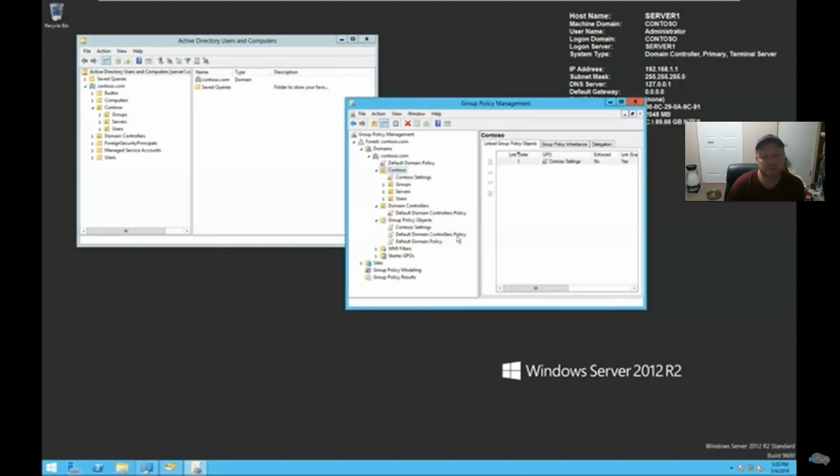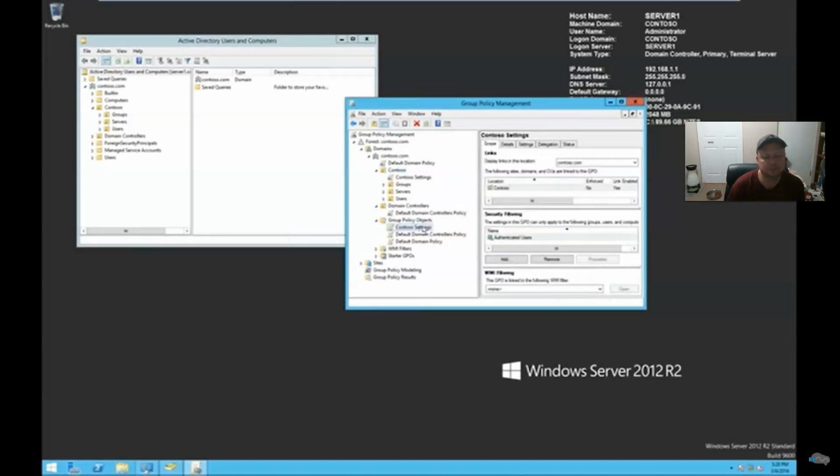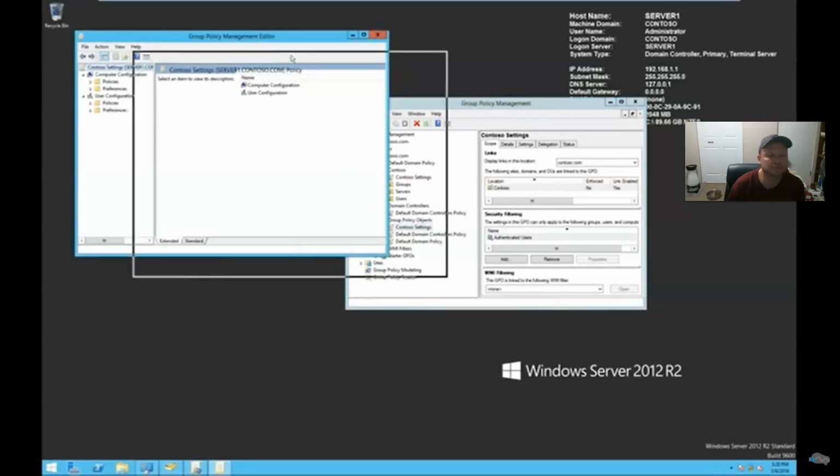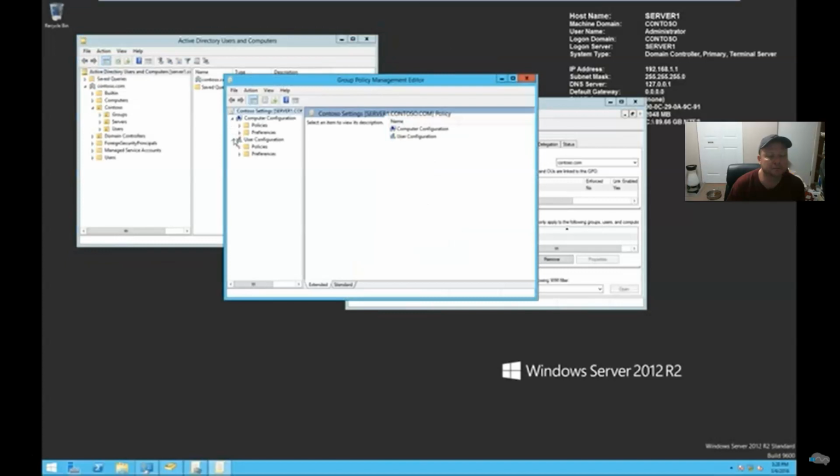And I'm going to OK it. You're going to notice that what happened in that step was our Kintoso Settings GPO got applied here, and that link also got created up here. I'm going to right-click on it, and I'm going to edit it. Now let's take a look at what we have here. Okay, so